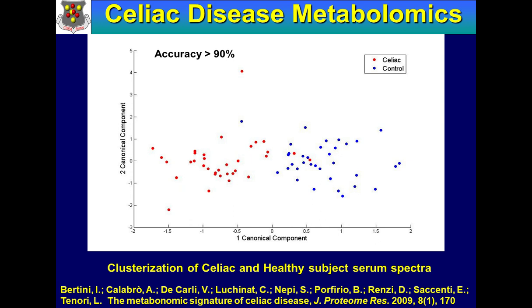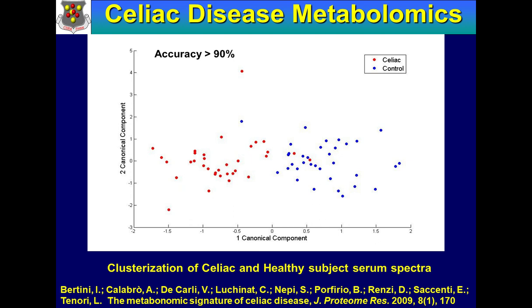This is just a few flash examples of what we have done, and this is all CERMMP. I'll concentrate on CERMMP today, where we have looked at diseased and control people. This is a standard statistical approach like multivariate analysis, this is PLS, for instance. And you see that people with celiac disease are clearly discriminated from people who are controls, who are healthy.